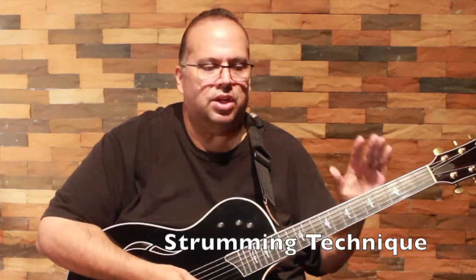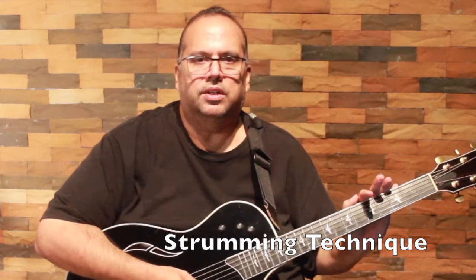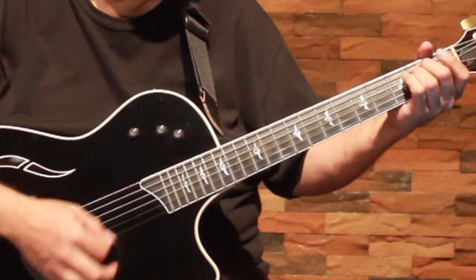All right, now basically the strumming technique, it's just an alternate strumming technique that Neil uses on this tune, and we're going to approach it the same way, where we're just really using up and down strums. And on the up strum, you don't worry about catching all 6 strings. You just want to catch the top 3. If you catch the top 2, that's okay. If you catch the top 4, that's okay too. You're really just trying to get...